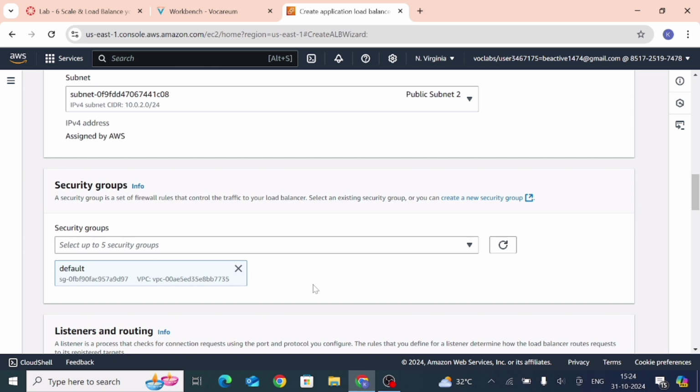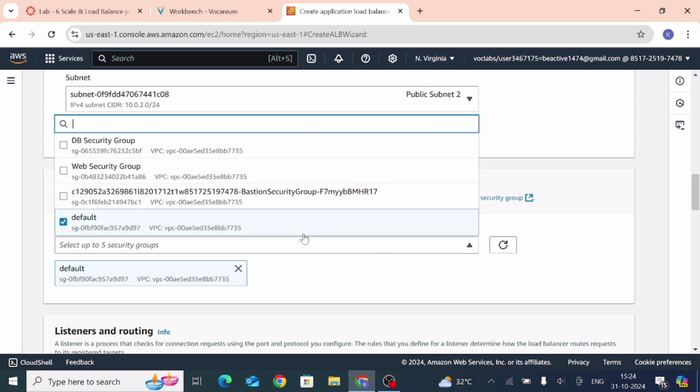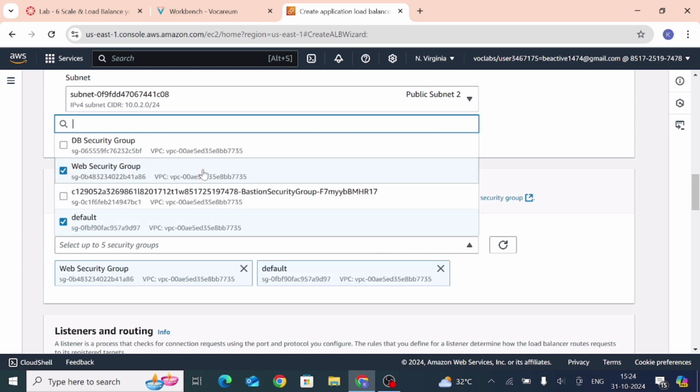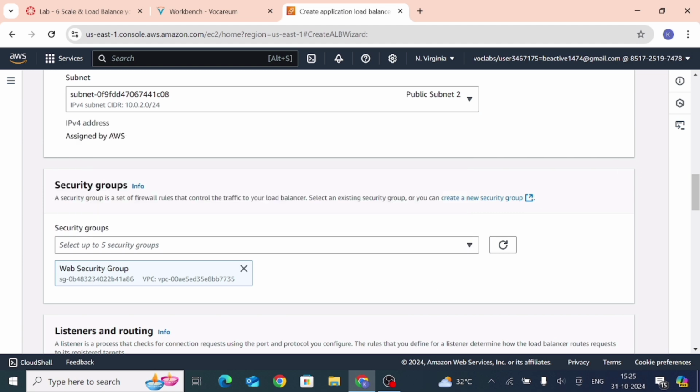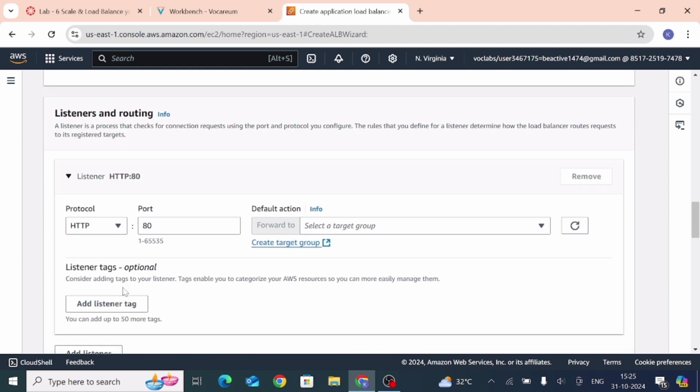Now next, in security groups, select web security group, and remove this default. So now only one is selected, this web security group. Here in listeners, the default action is set to lab group.